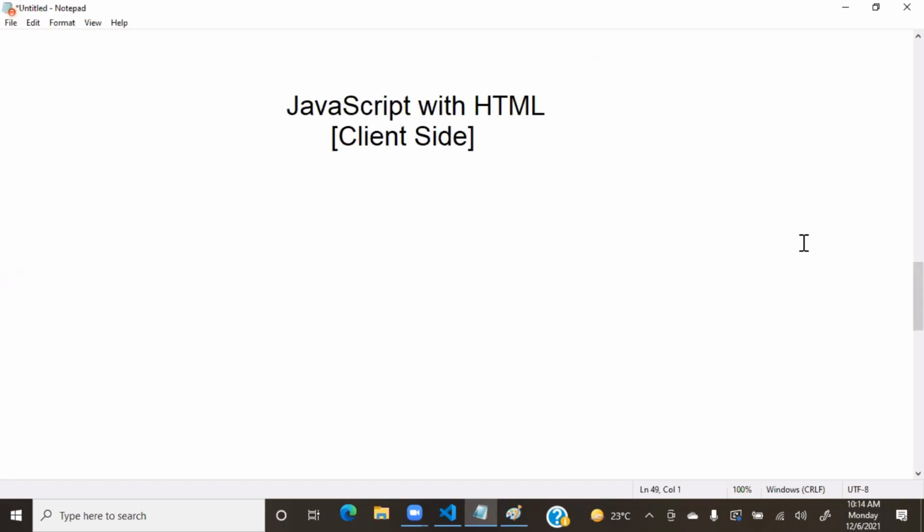Now the question is, what is the role of JavaScript in HTML? The role of JavaScript in HTML, how it is used. See, so many points are there. What is the main purpose? JavaScript is used